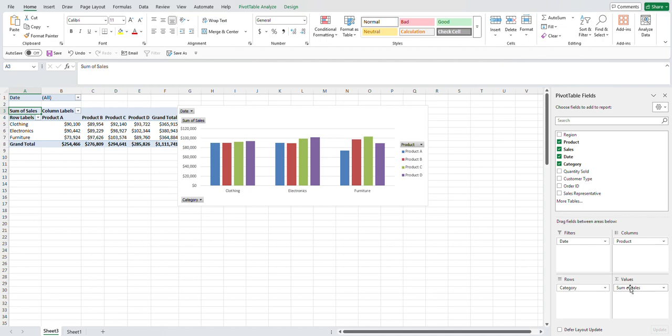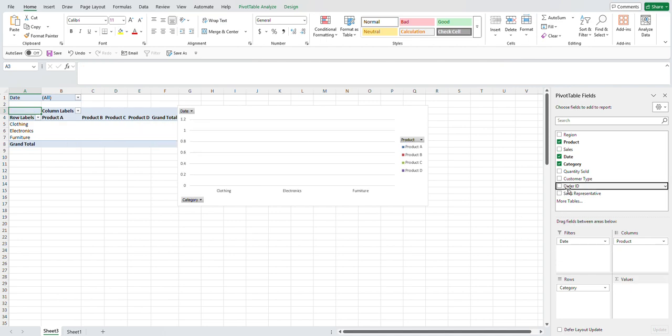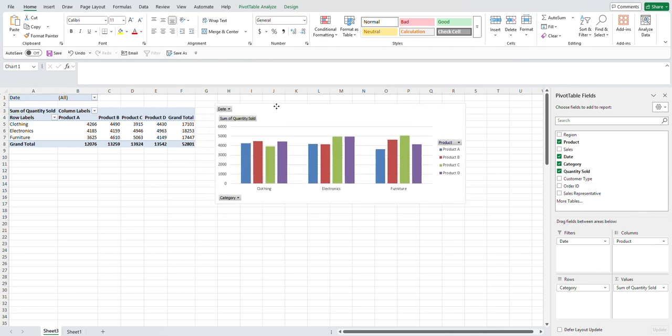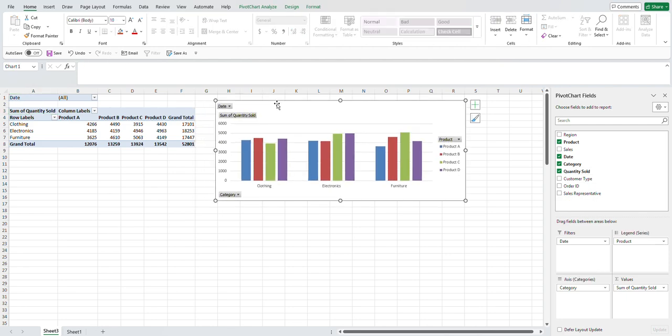And instead of sales, let's say you want to show the quantity. So you bring not the order ID, but the quantity sold. There you go. So I hope it's making sense and you can see how user-friendly, how interactive, quick, and how easy it is